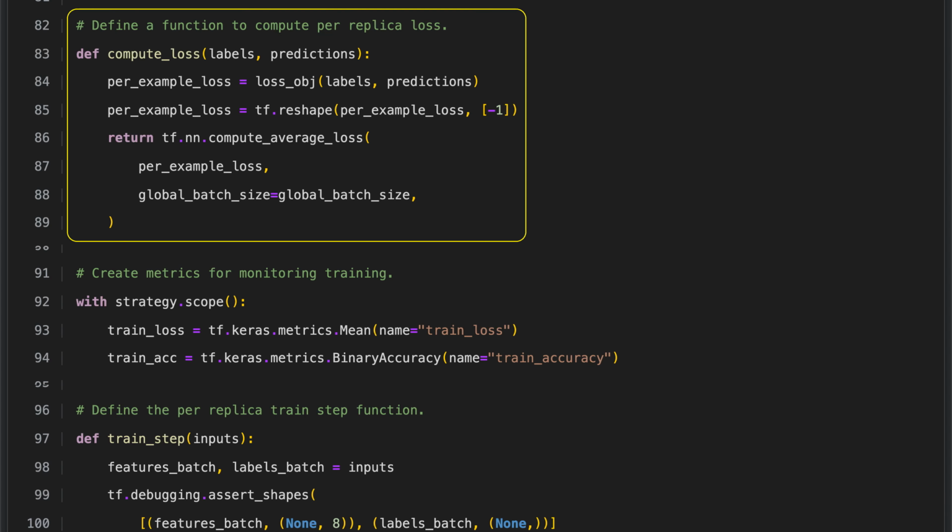This function computes the loss for each replica during distributed training. It first calculates the binary cross-entropy loss for each example, then reshapes the result into a one-dimensional tensor for consistent processing. After that, it averages the loss across all examples, taking the global batch size into account. This averaging keeps the loss scale consistent across different numbers of replicas, which helps maintain stable and comparable training behavior